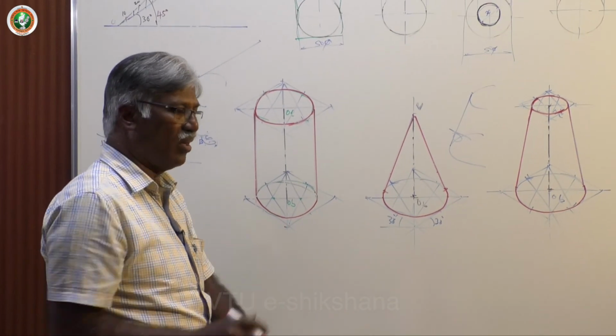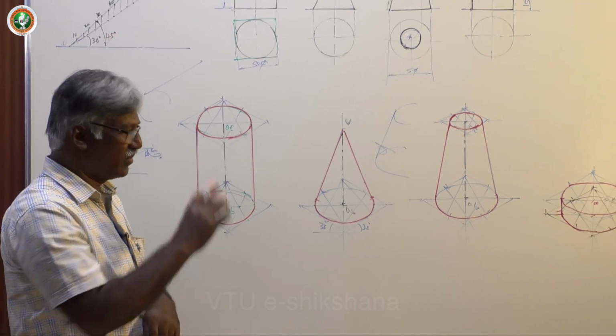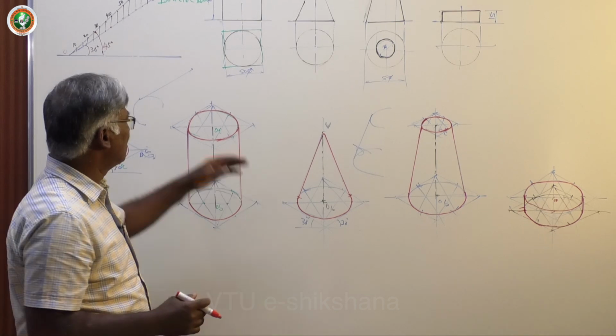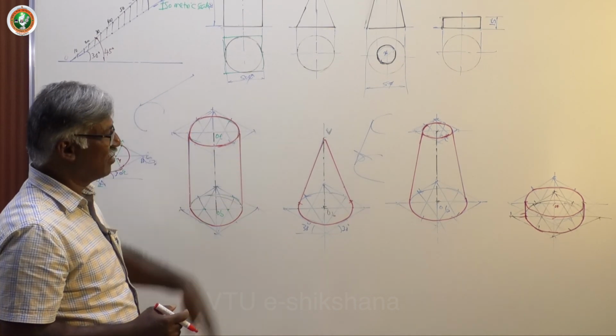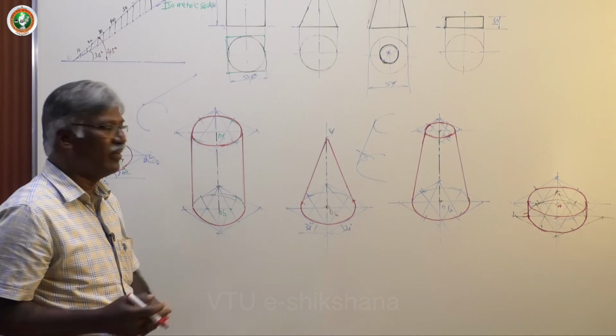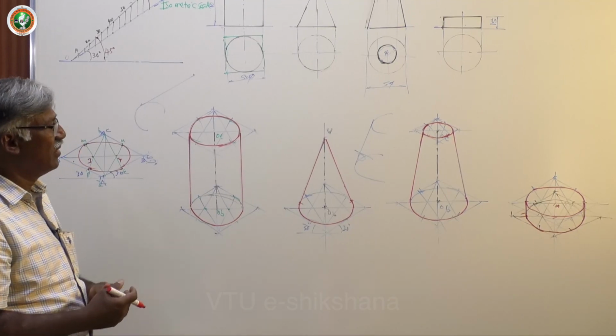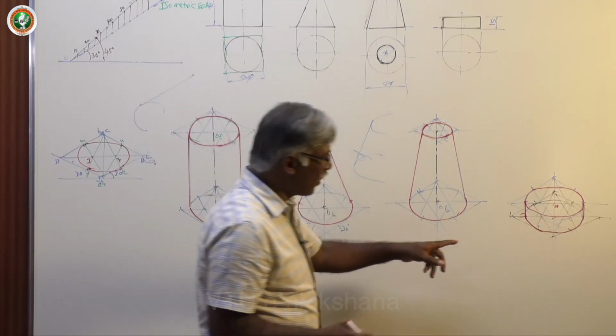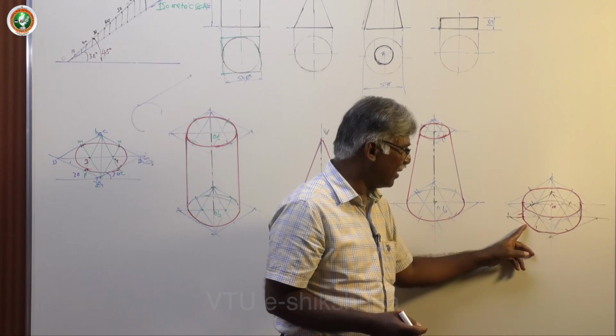So this is a very small block. If thickness is small, then it is called a block. If it has sufficient height, then it is called a cylinder, like prism and block. So this is how we create. You must be very careful in this overlapping type. You must have patience and complete. Only thing is,